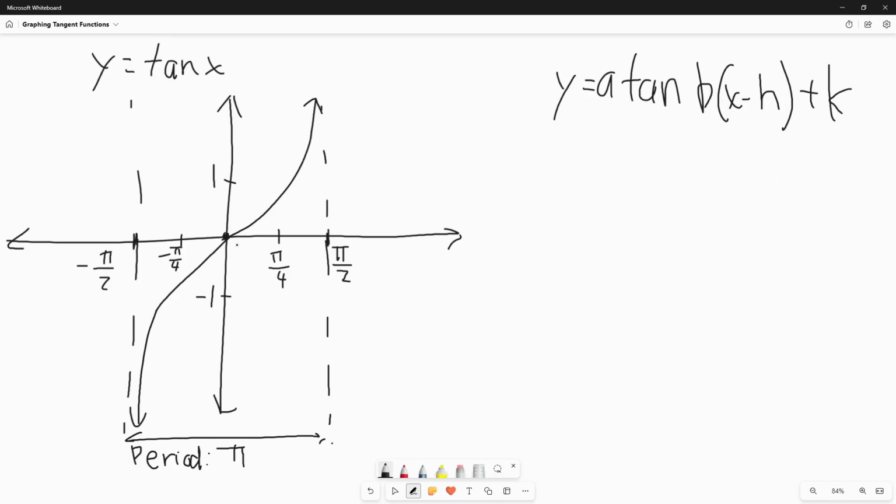So k is actually pretty simple as well. There are multiple methods to find k, but the most reliable one that I use is looking at the points that they give you. Usually, if you have a graph, they'll give you the points that have transformed from (negative pi over 4, negative 1) and (pi over 4, 1). So if this is 5 and this is negative 2, it's kind of hard to find out what k would be, but the difference between 5 and negative 2 is 7,